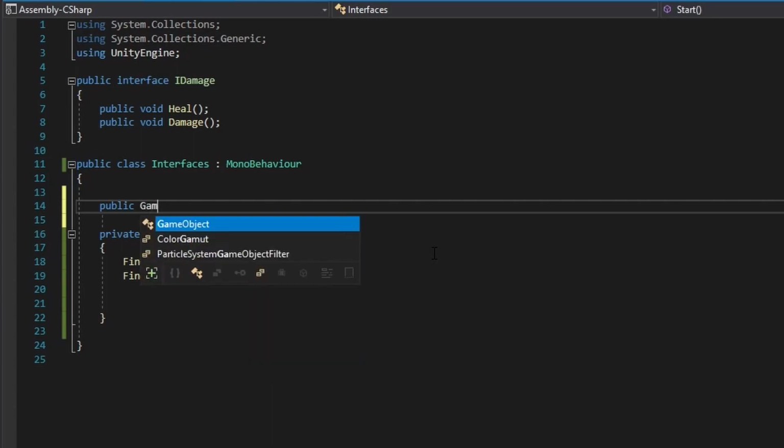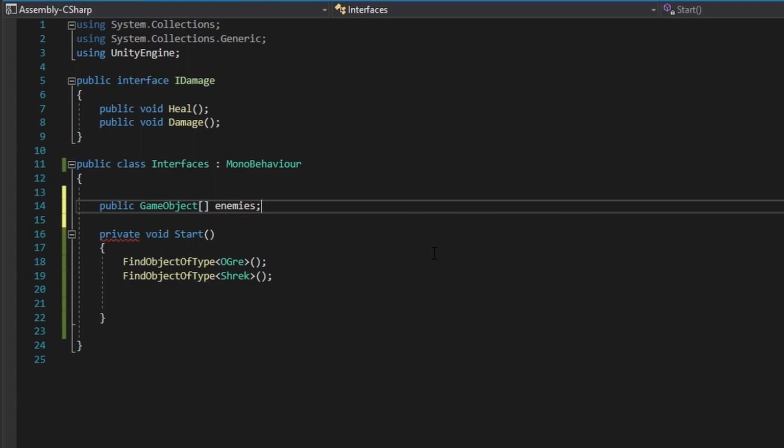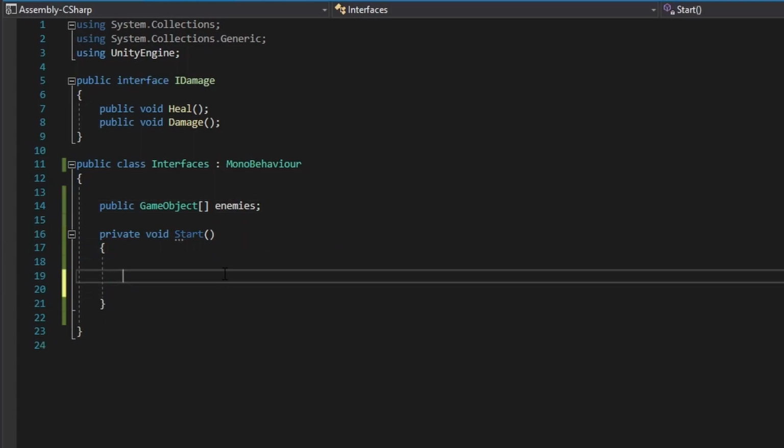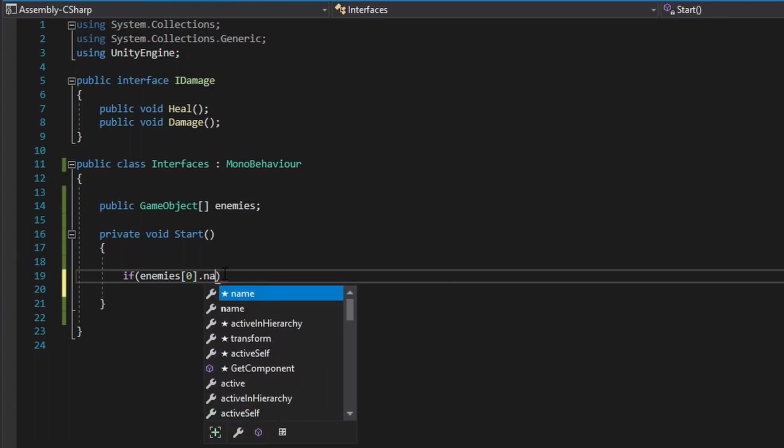So if I do public GameObject array and just call these enemies, and we can assign that in the inspector,